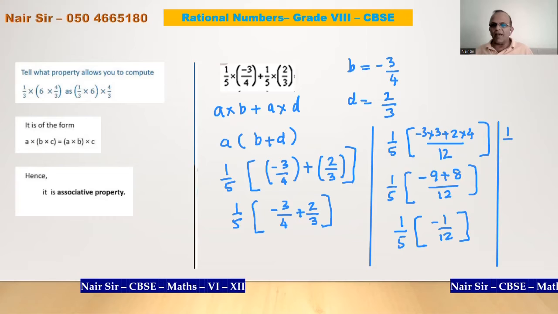1 upon 5 multiplied by minus 1 upon 12. 1 into minus 1 upon 5 into, equal, and that is nothing else but minus 1 upon 16. Going further,